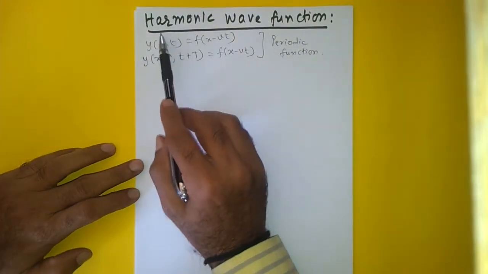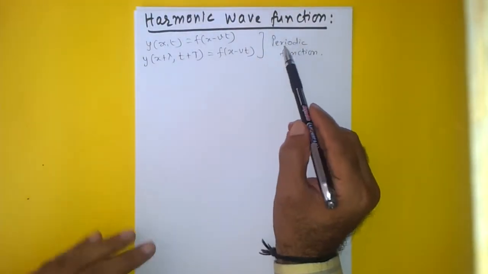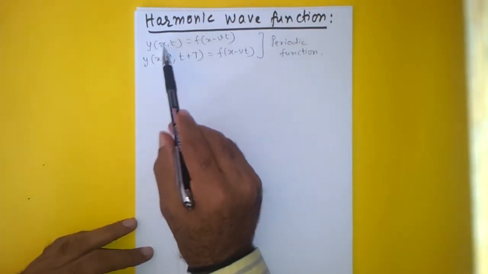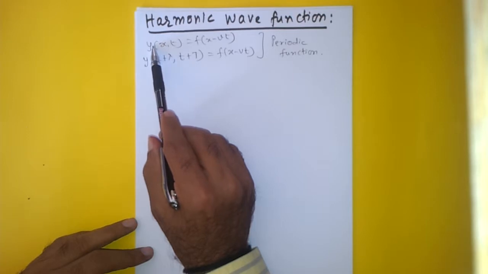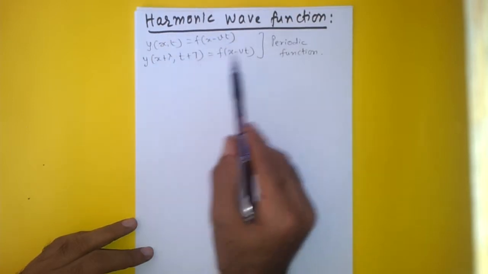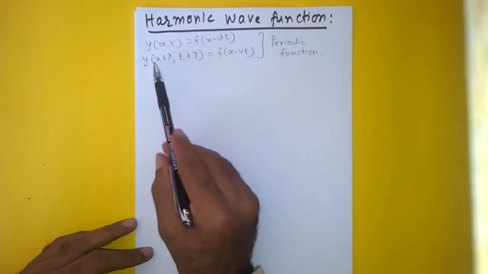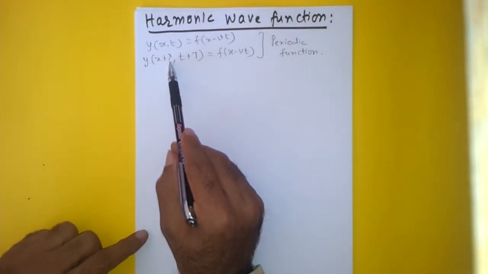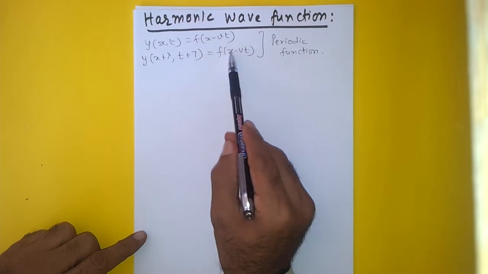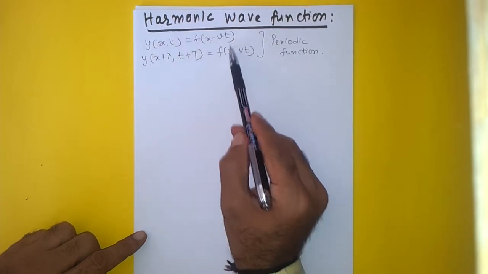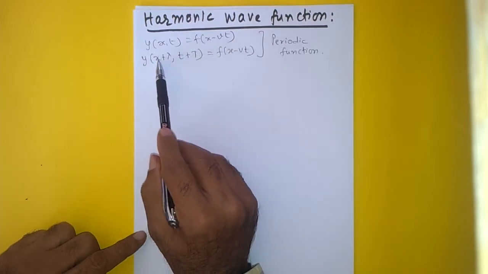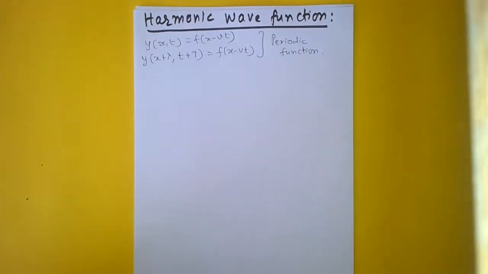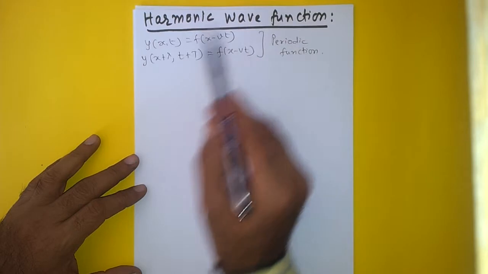In this video, I'm looking at the harmonic wave function. In the previous video, we talked about periodic functions, right? We started with a wave function and said a wave function y is a function of x minus vt, and then we showed that if the wave function is periodic in nature, then with an increase in wavelength lambda or an increase in time t, the displacement along the y-axis remains the same. In other words, y(x + lambda, t + T) is f(x minus vt). So this is true for a periodic function. We're going to look at the harmonic wave function.